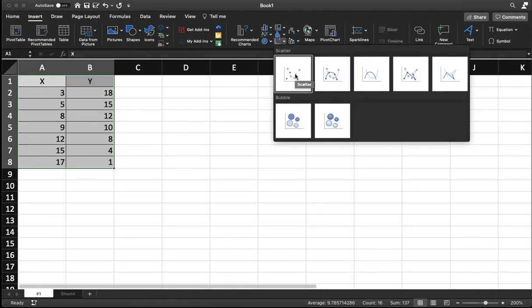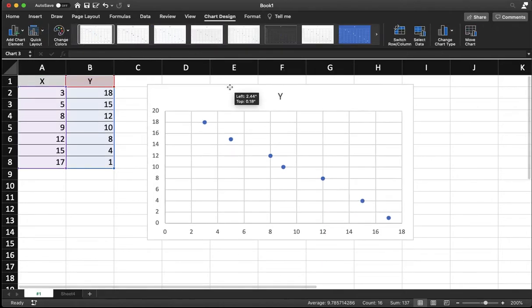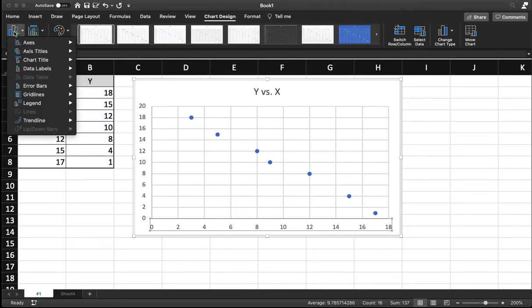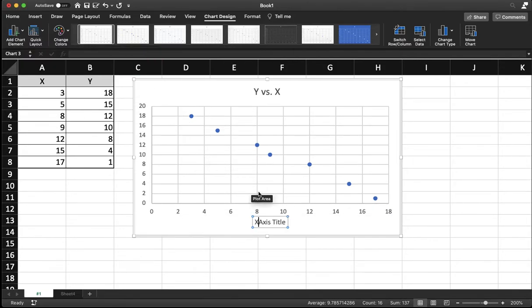So we're going to click on our scatter plot and change a couple of the chart features, such as the title. Typically a graph is Y versus X. Since we haven't given specific titles, we'll just call this Y versus X. Next, we need to label our X and Y axes. We can click on the axes and add chart element, axes titles, primary, horizontal, X,